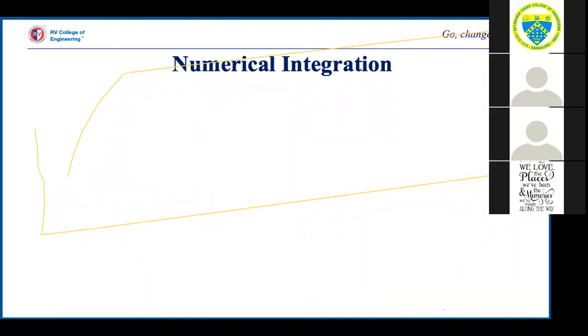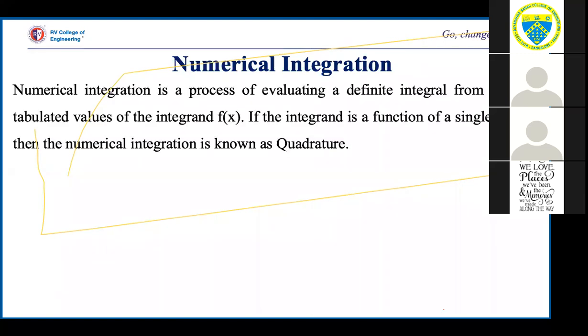The last thing I have here is numerical integration. Why do we go for a numerical way of finding the value of a definite integral? It could be that you know the integrand expression, but it is tedious to integrate and substitute the limits.